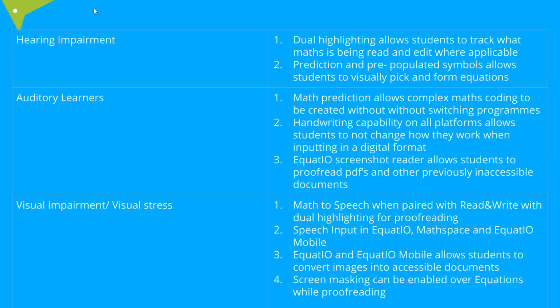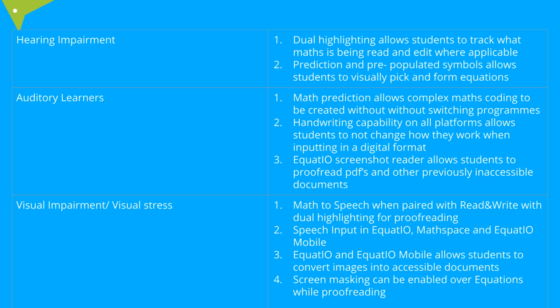Then we have hearing impairments. So with EquatIO, the students can input the maths, but if they then want to hear that read aloud, Read&Write needs recommending alongside EquatIO. Although they have a hearing impairment, they can hear it read aloud, but they'll also get the dual highlighters in there as well, so they can track exactly where the words are, just like Read&Write. But that means you need to recommend Read&Write as well as EquatIO because they are